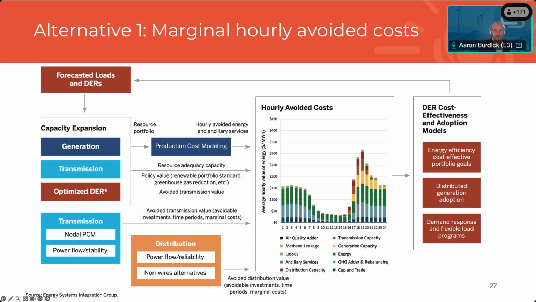And then that can all flow into a 8760 hourly avoided cost model. So here we're showing the average hourly value of different categories of components, but that would be 8760 across your planning horizon, and then that can be used to inform DER cost effectiveness analysis. It could be used to inform future rate designs and how those might flow into DER customer adoption, for instance, looking at adoption propensity modeling and other tools like that.